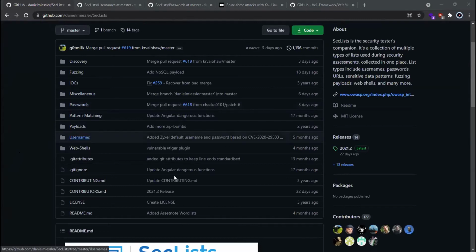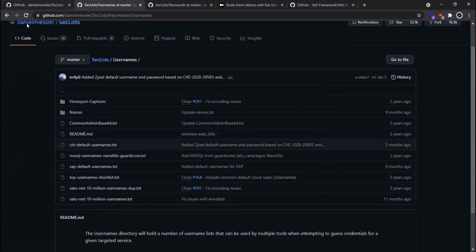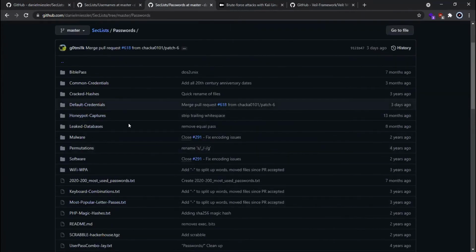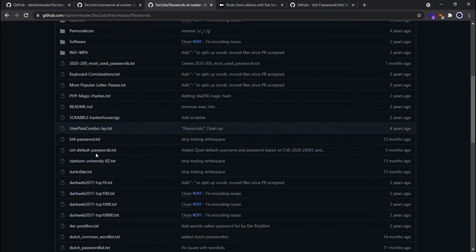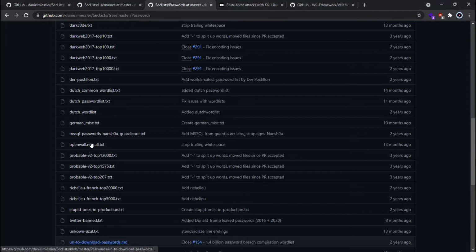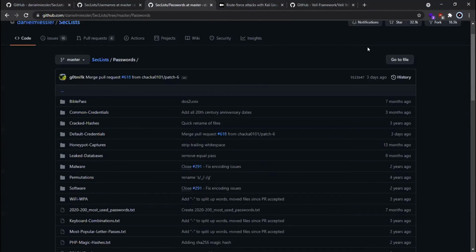This is the usernames folder, which has different common usernames, for maybe MySQL, the 10 million top usernames, and things like that. Then there's this password folder, in which there are various passwords: different top used passwords, leaked passwords, and other passwords. Now if you want the rockyou file which I just showed you, I'll show you.